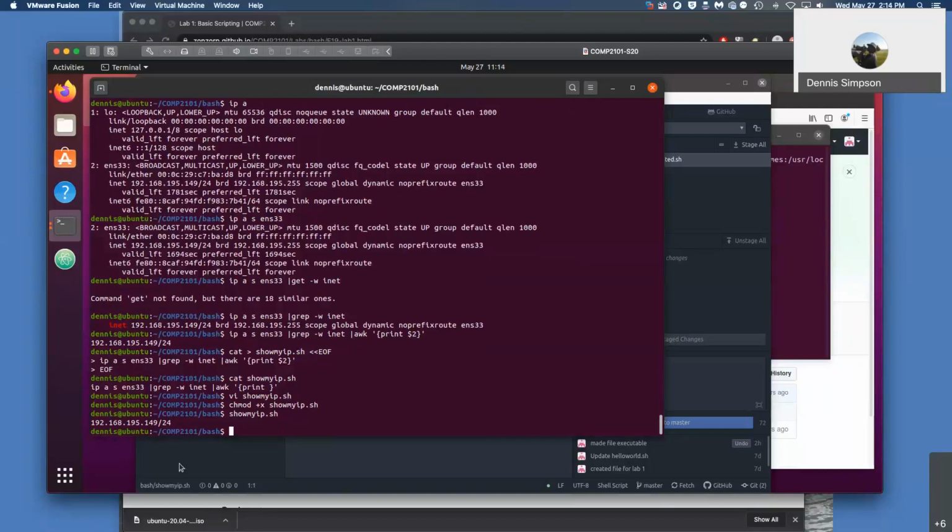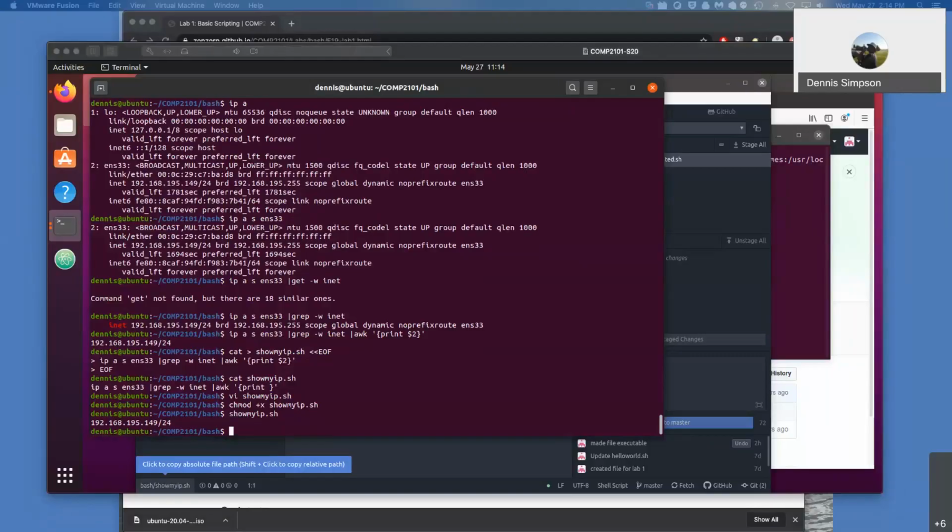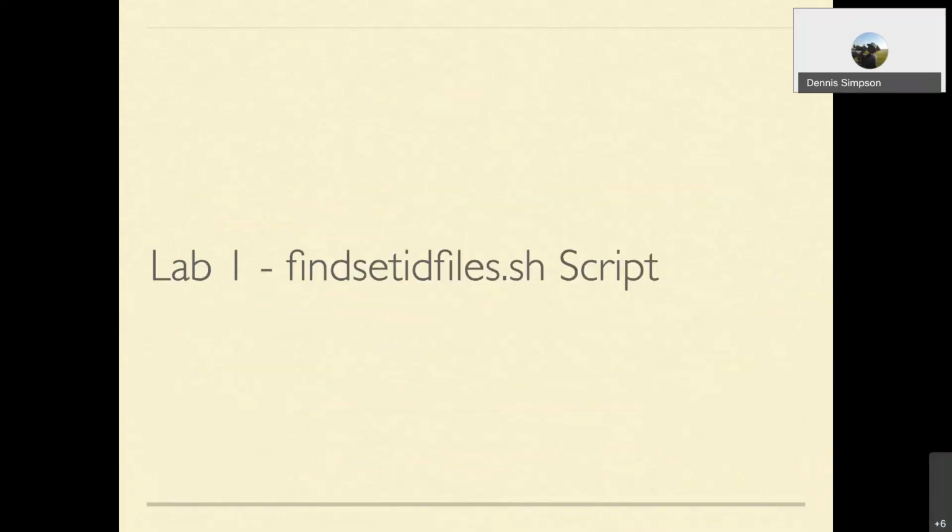All right. If there's no questions, then we're ready to go back to our lab, and this is the point at which I'm going to set you loose to finish up the lab on your own. There's an example. The next thing in the script is actually downloading a script called find setID files. So you'll start by downloading an existing script that I'm providing you. And inside the script are comments, and in those comments are instructions for how to improve the script, to make it better. So just like I just made that show my IP and it wasn't quite right, I went in